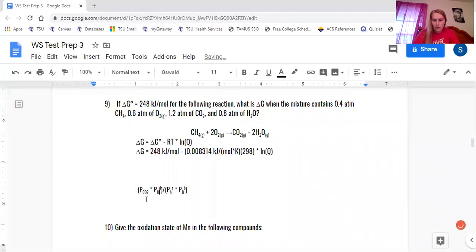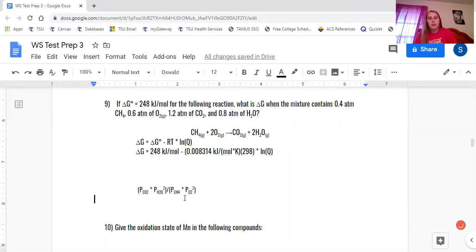Okay, and that's going to be to the second power. This will be CH4 to no power. And this is going to be O2 to the second power. Okay, so we can go ahead and solve that. Here we go. Okay, so with that,